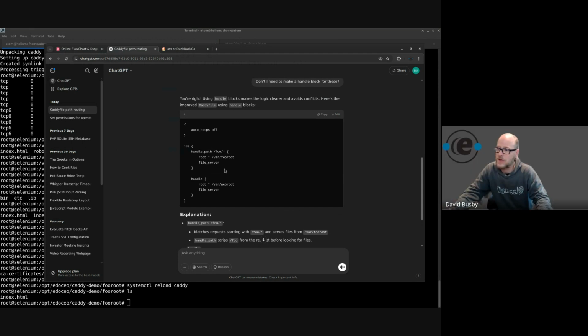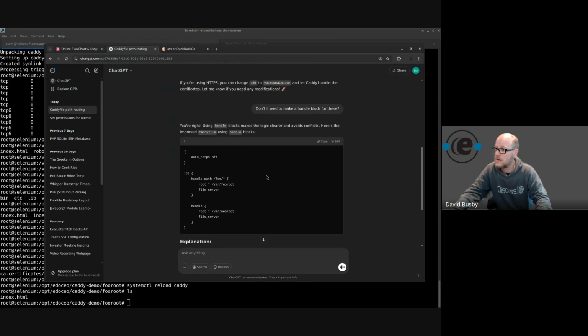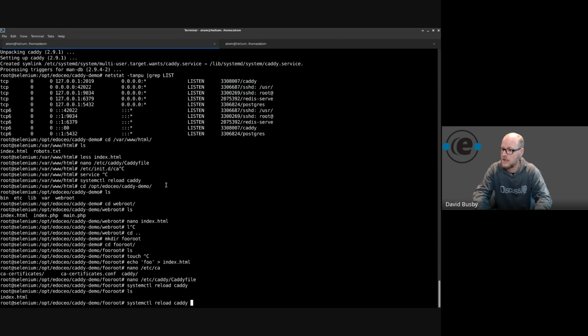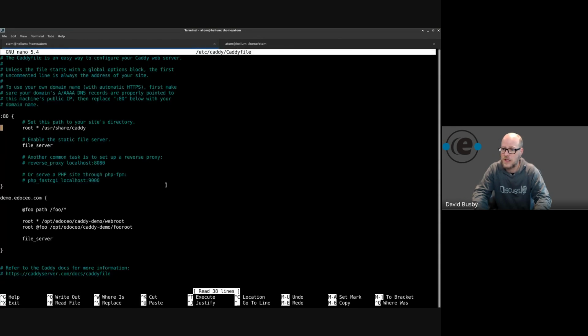Yeah, this one. So I asked ChatGPT, what the hell's handle root or handle something. I said, don't I need handle blocks? So pro tip there. Let's go back into this stupid thing and get rid of the @foo and say,